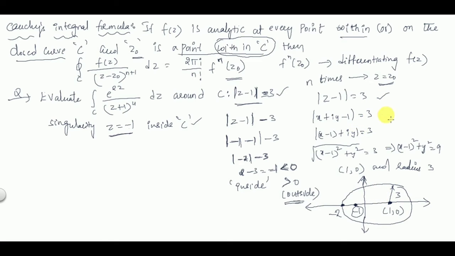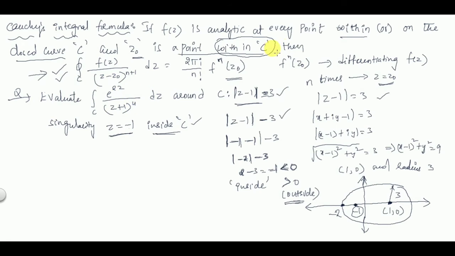Okay, in order to understand the concept, I have drawn this, but from the next question we'll follow this procedure. Right, so we have got that it is inside C. When it is inside C, you can use Cauchy's integral formula. So only when the singularity you find is within C can you apply Cauchy's integral formula. Please remember this point. This is very, very important.